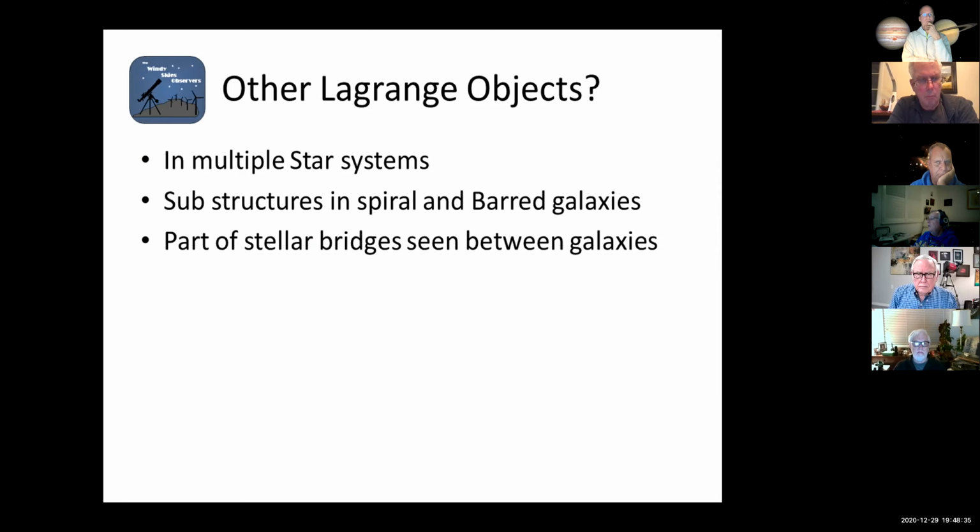Okay, it could be that they're made up of larger material just because the gravitational workings are much bigger. It's entirely possible that, like in a globular star cluster, where you've got stars whizzing by each other pretty closely, you might not have orbiting systems as much as you would have stuff in the Lagrange points, for all we know. And you could take it one step further, that in our galaxy, where we have large clumps of objects and matter, there might be a form of structure that is similar to